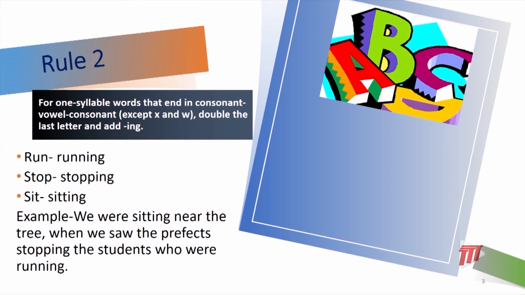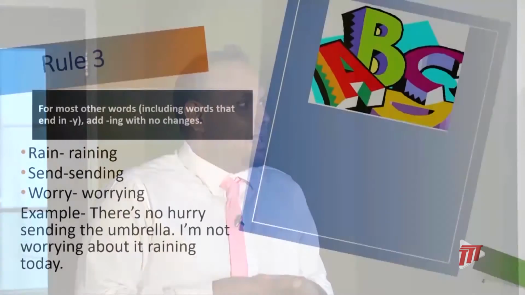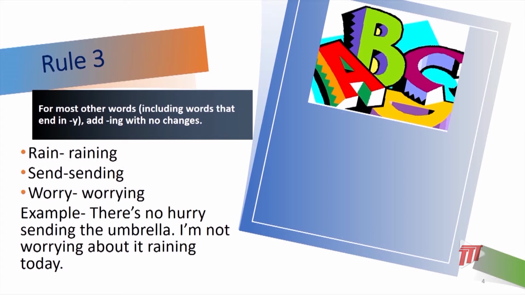And finally, we have Rule 3. Rule 3 says, for most other words, including words that end in Y, we add ing and we make no changes. So, the word rain, we simply add ing to produce raining, R-A-I-N-I-N-G. Send, sending, S-E-N-D-I-N-G. Worry, worrying,